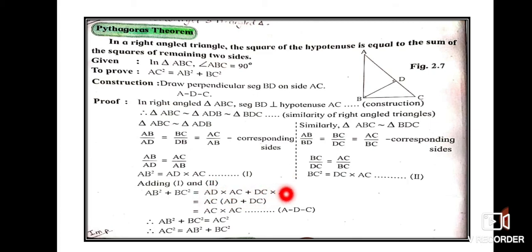And in these 2 terms, AC is common to both terms. That AC I take out. In the first term, AD into AC, I have taken AC out, AD is left, I write it inside. In DC into AC, I have taken AC common out, what is left is DC. So now what do I get? I get AC and in bracket AD plus DC. Now what is AD plus DC here? AD plus DC is nothing but AC.